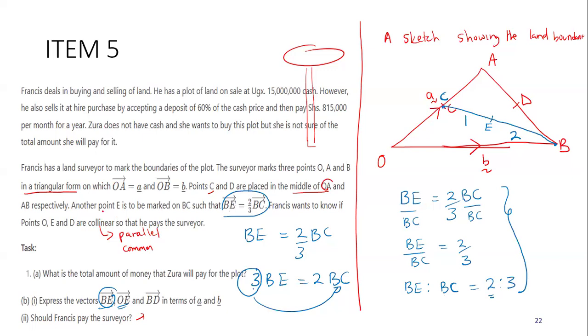So for him, the condition was they are collinear. So why are they collinear? You look at the parallelism, you look at the common point. That there is a common point and they are parallel. What has proved that they are parallel? There is a scale multiple. There is a factor which when you multiply by another vector, you get exactly the other vector.